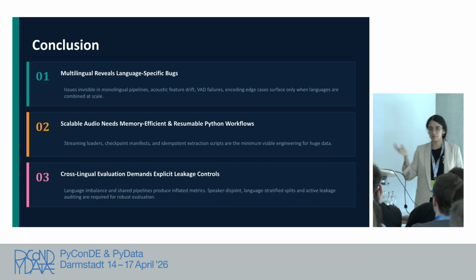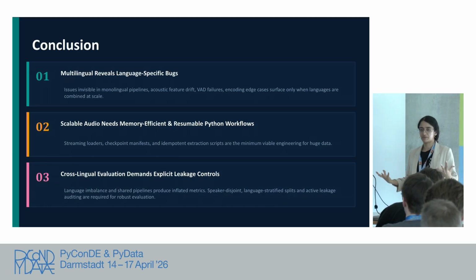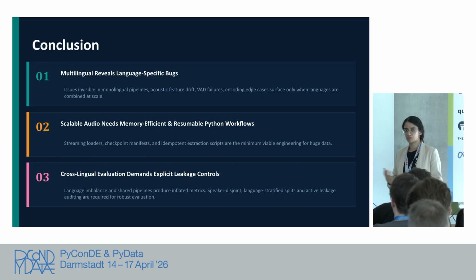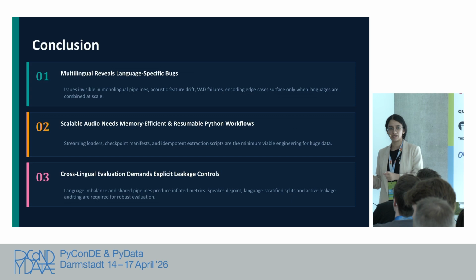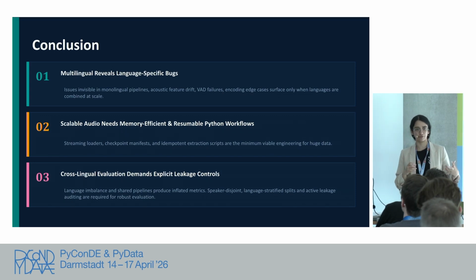Again, just like speaker bugs, it is important that we ensure there is no data leakage, so that overfitting of the model doesn't happen from one sample of the data versus another. And also making sure that whatever pipeline we are building for one specific language should be a reusable component for another language.